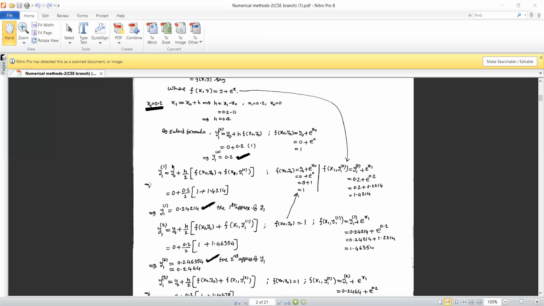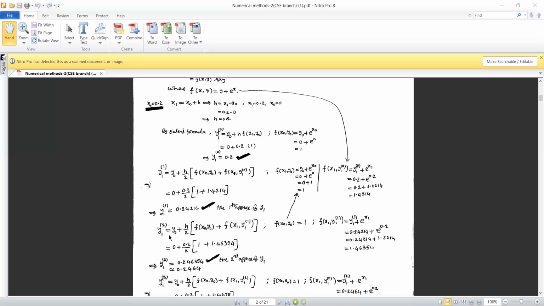Now after prediction, we need to correct it. For correction, we use another set of formula, putting all the values using f of x naught y naught. You can see on the screen it is given f of x naught y naught. How to calculate f of x1 y1? By this you have to calculate, put it in here, use a calculator and get this. Now this is one use of the formula, the first approximation for y1. Like this we have to do at least 2 to 3 approximations and check the answers.